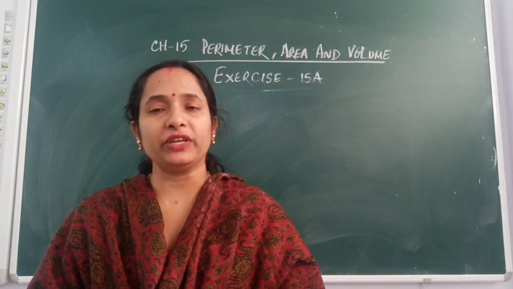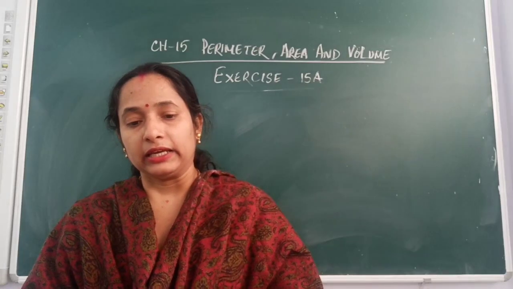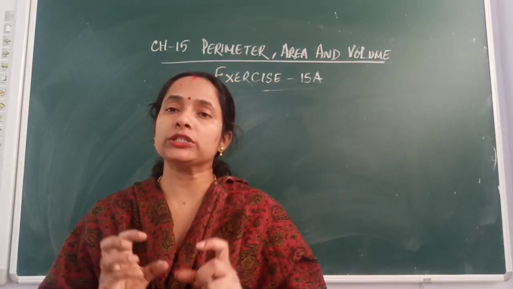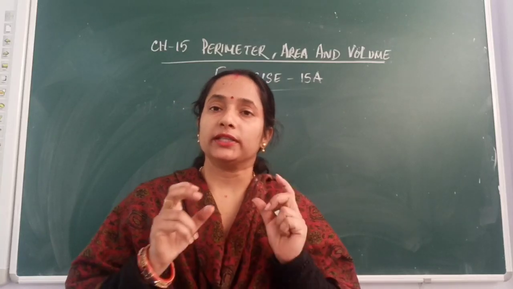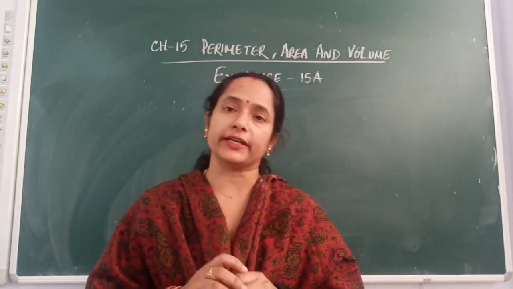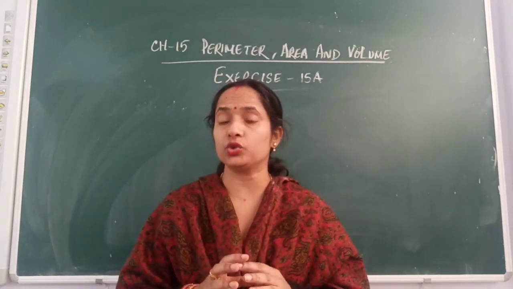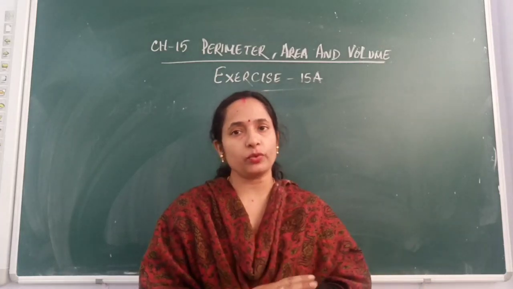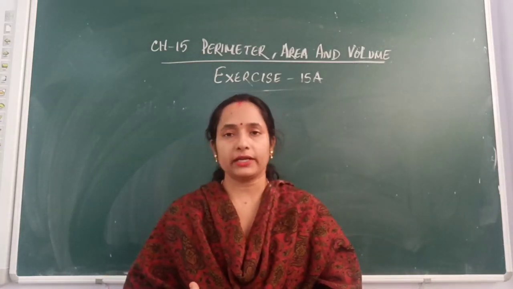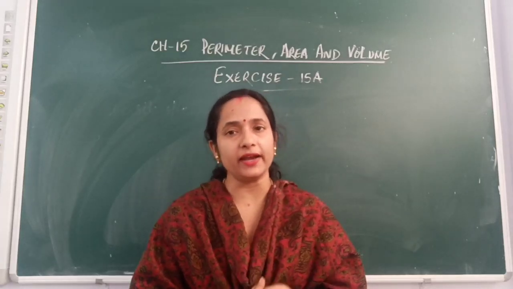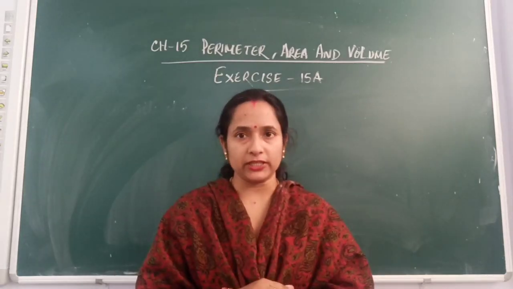Children, the next question we have is question number 4, where we are given that whose perimeter is more. The measurement of a square as well as the measurements of length and breadth of a rectangle are given to you, and you need to find the perimeters separately for the square and separately for the rectangle, and then compare the value of the perimeter and find out whose perimeter is more.